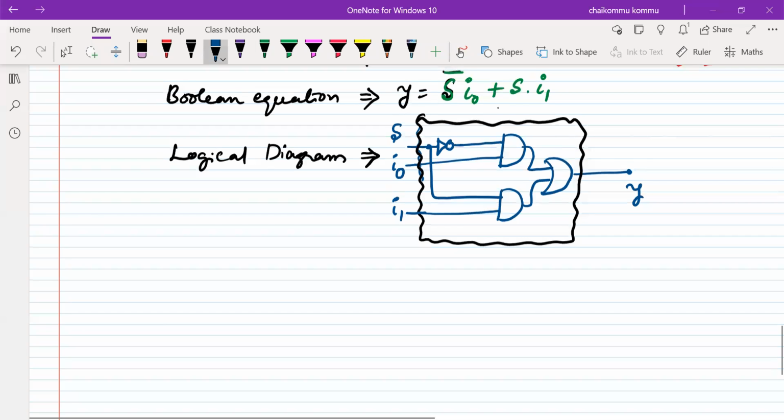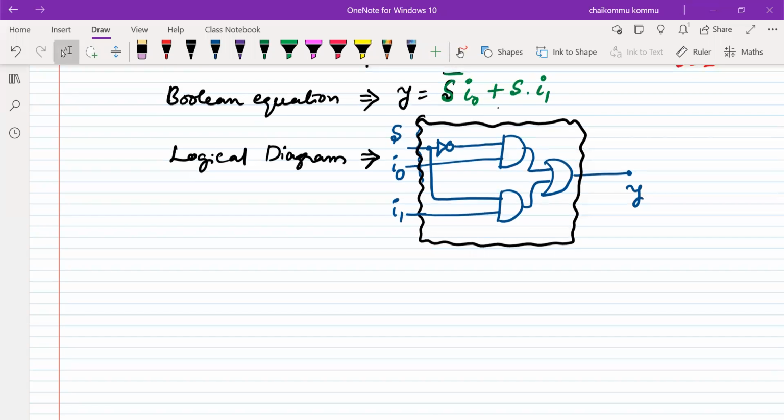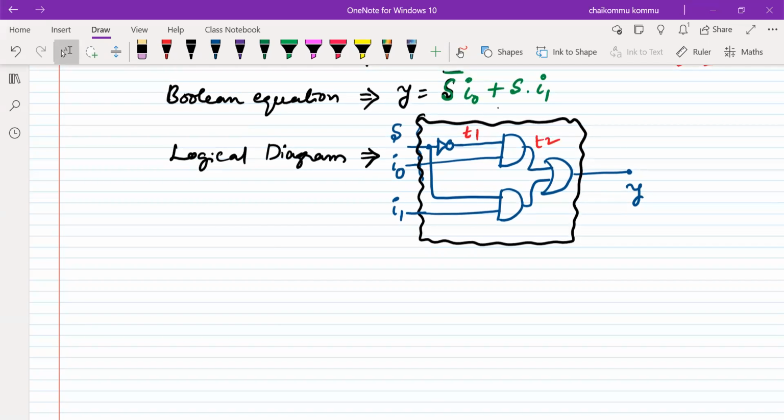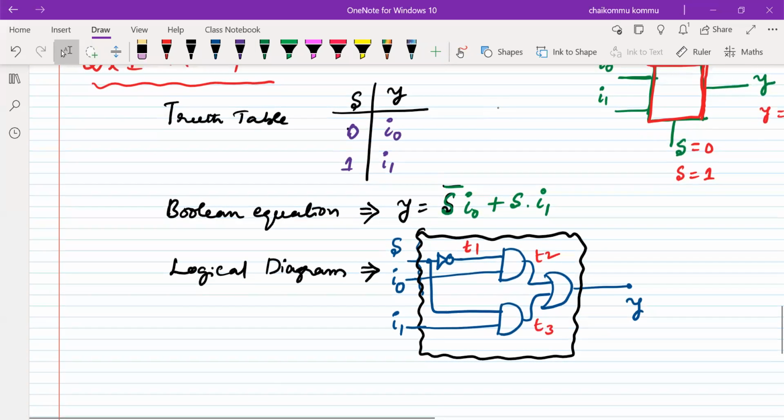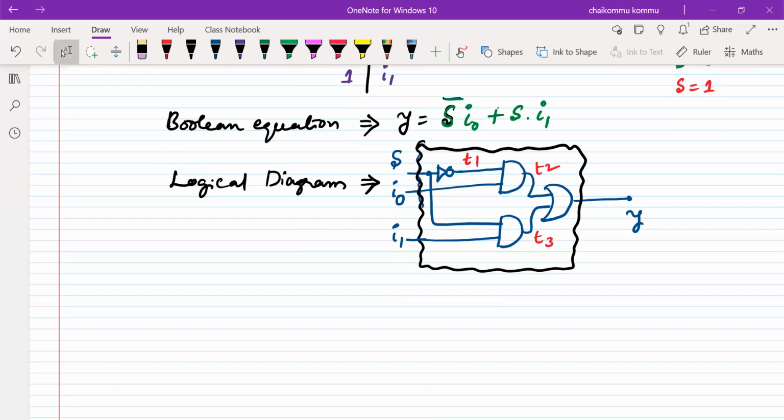What is the Verilog program? Simple. Everyone has to write. Okay. So internal circuit, internal wires. So here we have a T1. This is called T2. This is called T3. So shall we go for vector notation or scalar notation? Sir, I0, I1 not considered same, sir. I0, I1 is available external to the circuit, right? So externally it is available, its names are available already, but T1, T2, T3 are not available because those things are internal to the circuit.